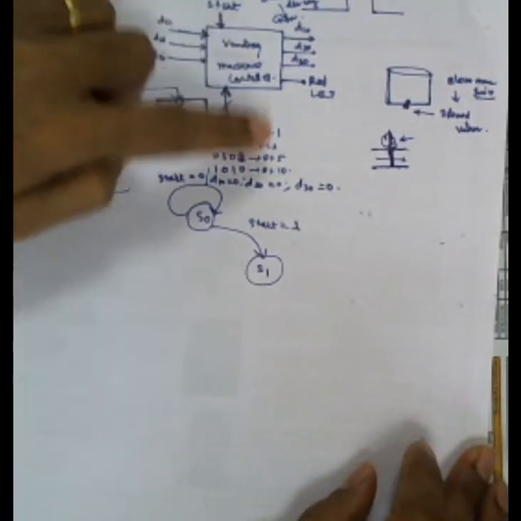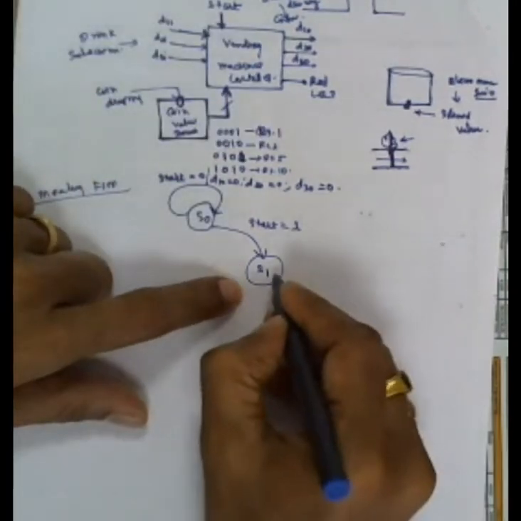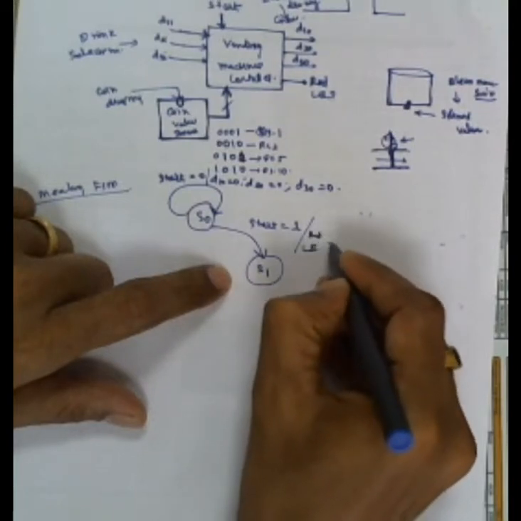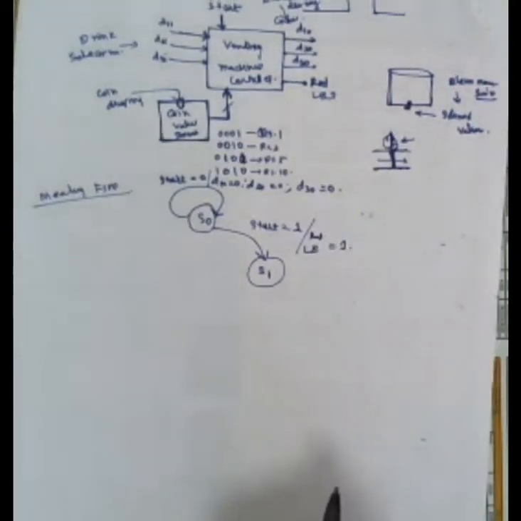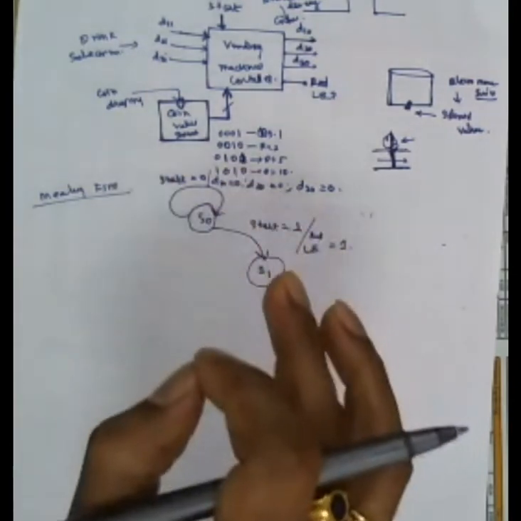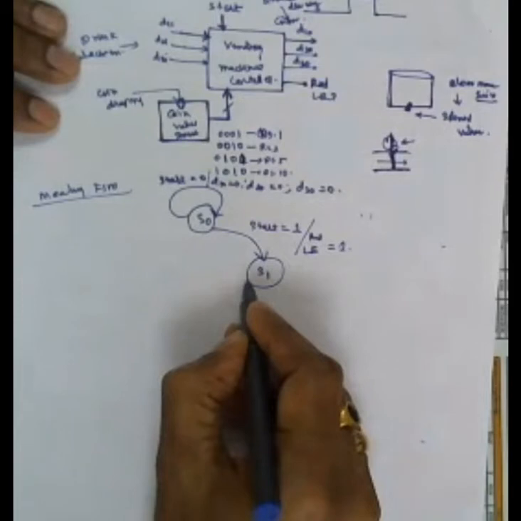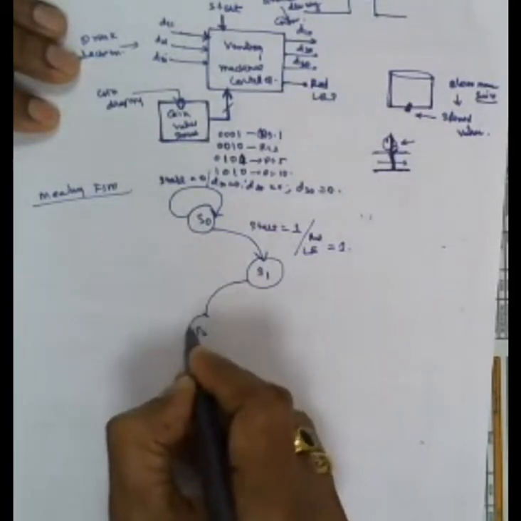After start, immediately after going to S1, make your red color LED on, and then go to your S1 state. In S1 state, it is displayed already: drop your coin when the red color LED is on. So you will put 1 rupee. If 1 rupee is coming, then he should go to S2 state.